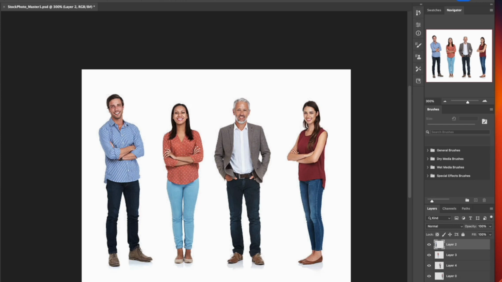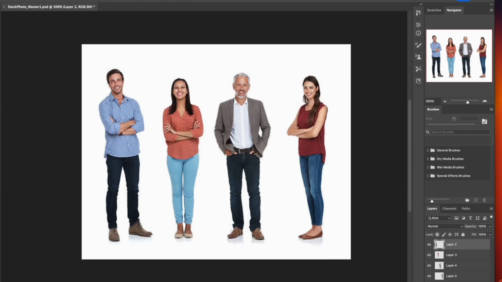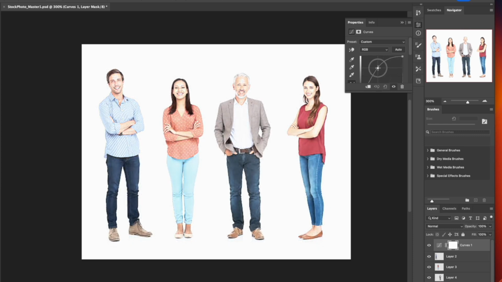Okay, continuing our look at adjustment layers in Photoshop. We're going to move ahead to another one that I frequently use, and that is curves. And you'll find that curves gives you a dynamic similar to using brightness and contrast. In fact, I would pretty much argue that you could get almost the same result by using brightness and contrast as you do with curves, but I like the way that curves lets you grab this